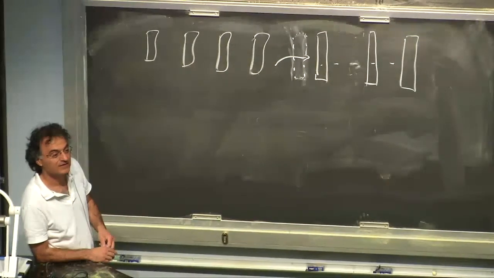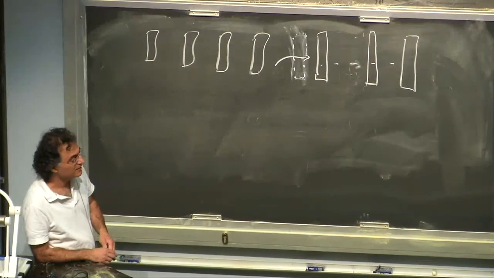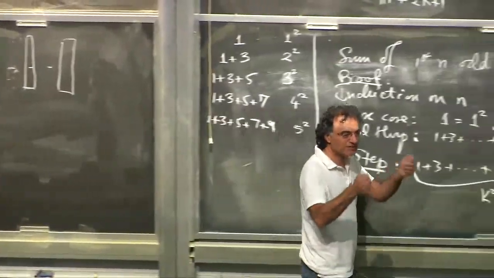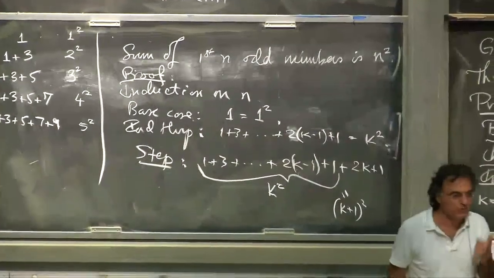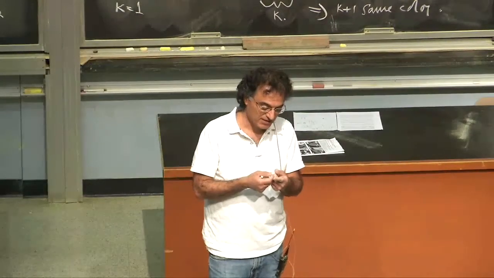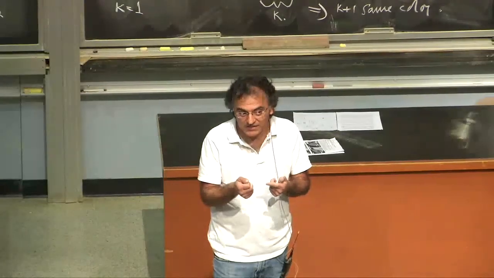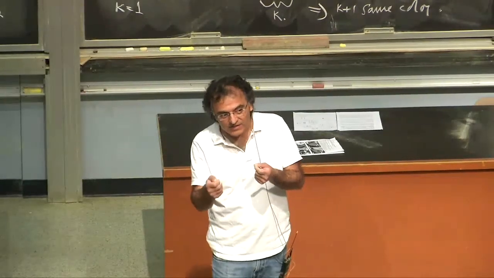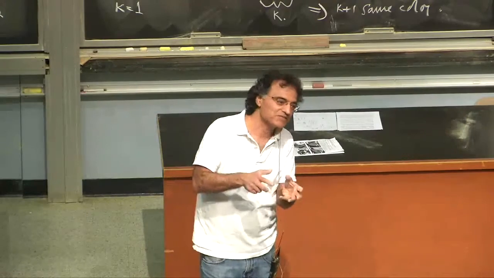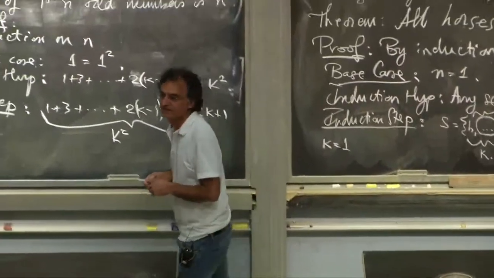Maybe it's obvious, and I'm just missing it, but why is it 2k minus 1 plus 1? And how did you think of that? Oh, how did I think of it? What's an odd number? It's of the form 2 times something plus 1. What's the first odd number? 1. What is it? 2 times what plus 1? 0. What's the second odd number? 2 times 1 plus 1. Right? So the second one, you do 2 times 1 plus 1. So for the kth one, you do 2 times k minus 1 plus 1.